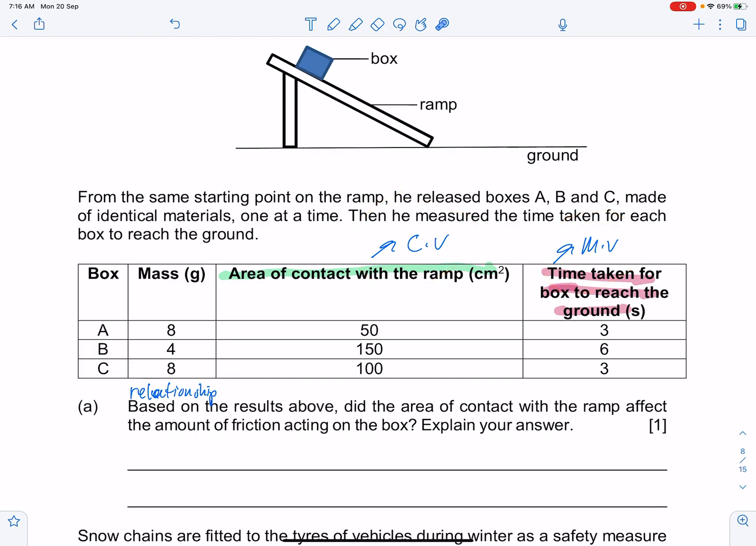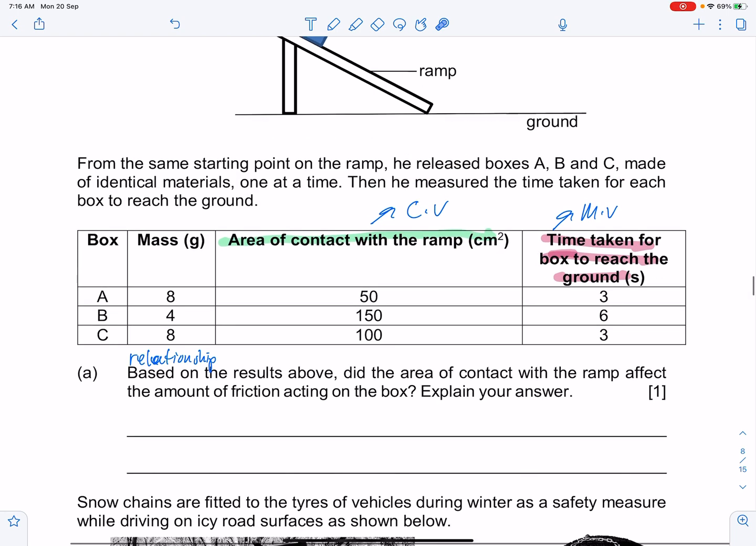So remember, there are three possibilities. An increase in change variable will increase the measured variable. That's the first one. The second one is an increase in change variable will decrease the measured variable. Or the third one, the change variable has no effect on the measured variable. So my answer to you is, if you're talking about area of contact, you need to first pick